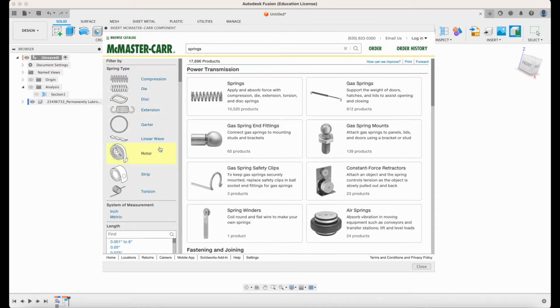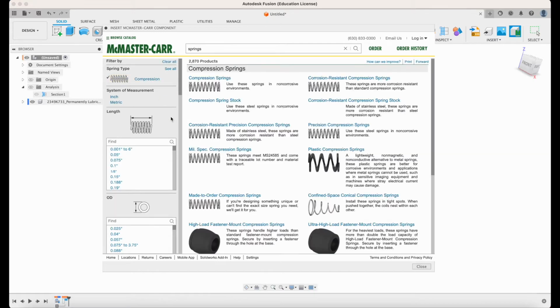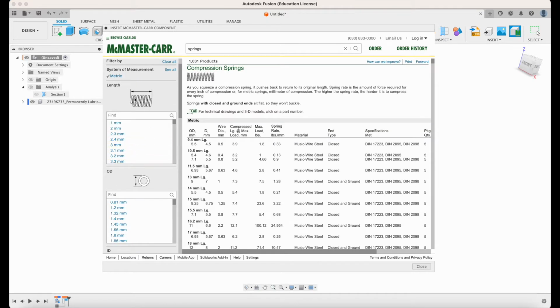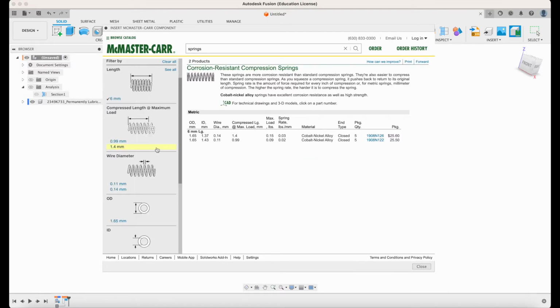Let's say I want to use a compression spring. I want it to be metric in size. The length, I want a 6mm spring. I'm gonna get two options. The only difference between them is the wire diameter, which changes the force, of course. I'm gonna select the thicker one,